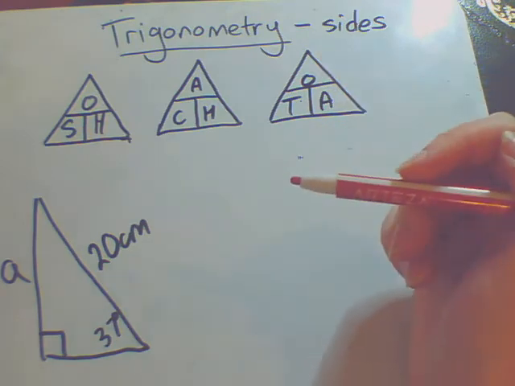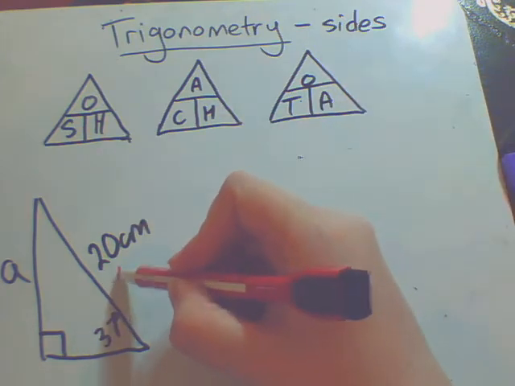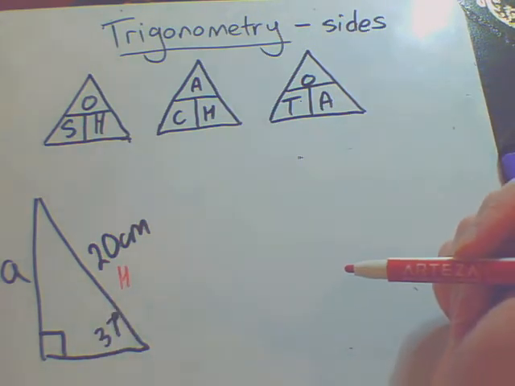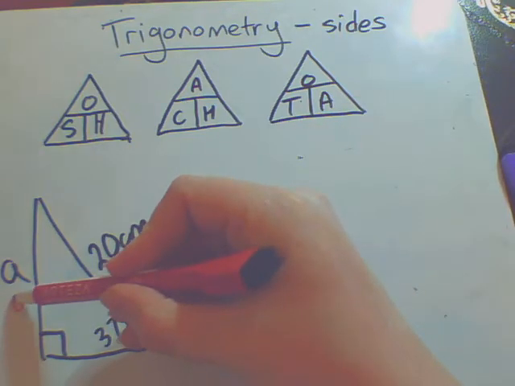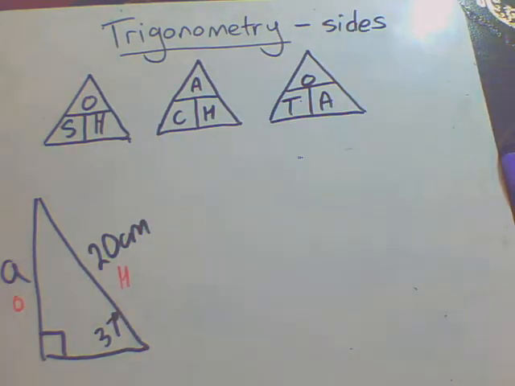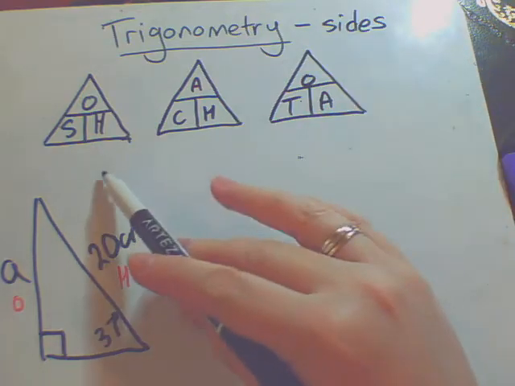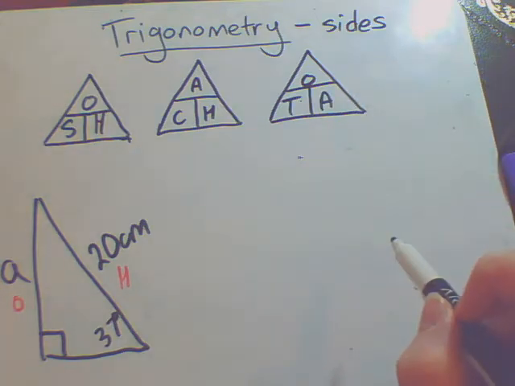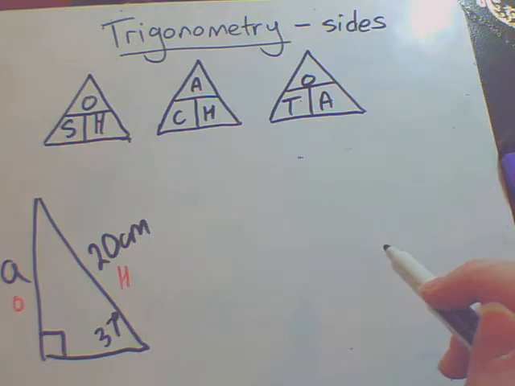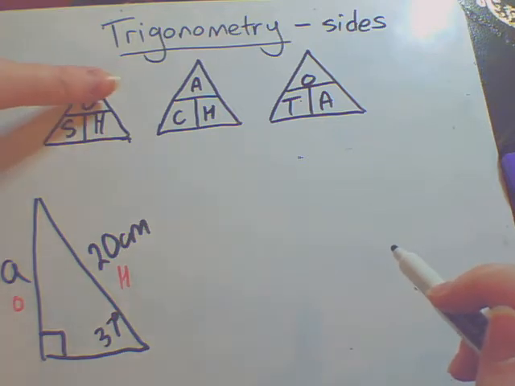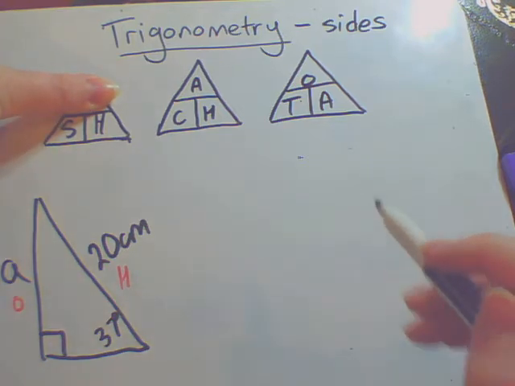So in this particular triangle here, I have got the side length of the hypotenuse, the longest side, and I have been given the opposite side. I know it's the opposite because it is directly across from the 37 degrees. I then identify which of these three triangles has O and H. That would be this one here, the sin triangle. So if I cover up the O, that is telling me to do sin